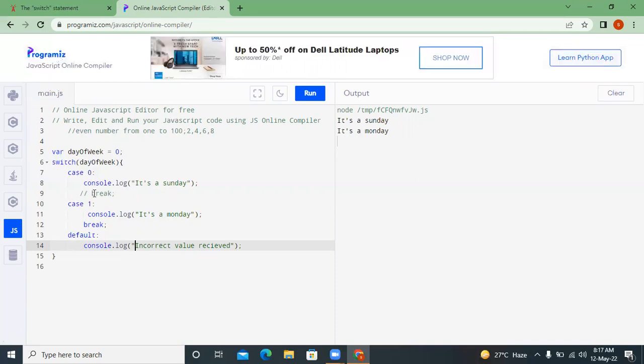So if there is no break, it won't check for this case, it will also execute this one. So we can use this in cases like, for example, I can say,